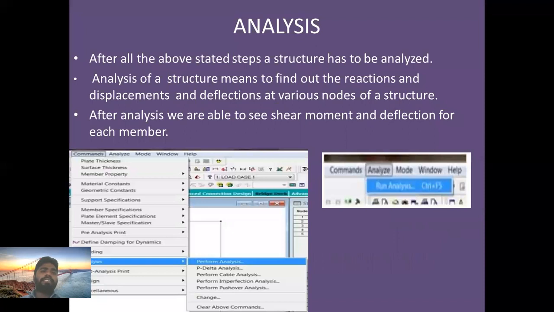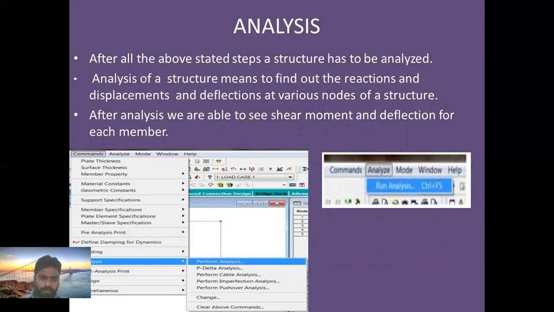Next, analysis. The main part is analysis. Analysis of a structure means finding the reactions and bending moment, as we have seen in structural analysis. After analysis we get the bending moment, shear and deflection of each member.